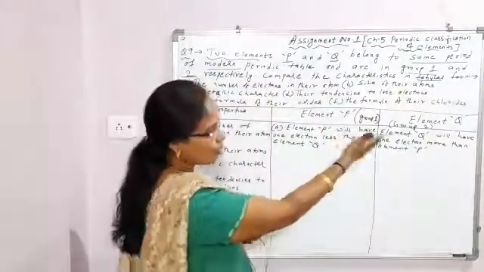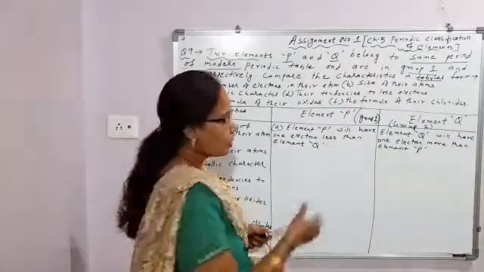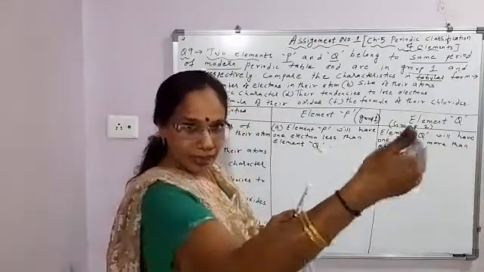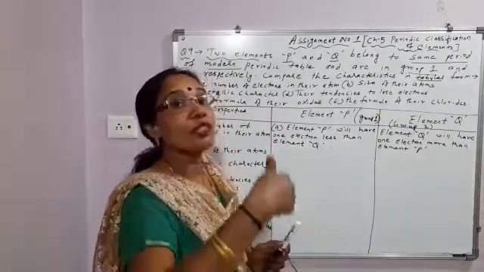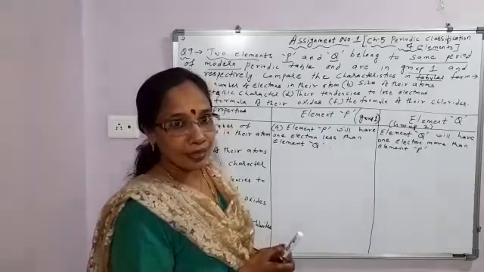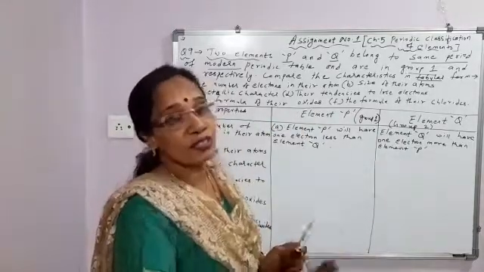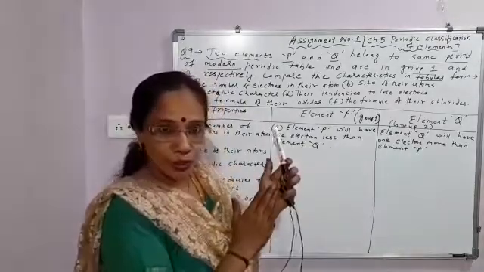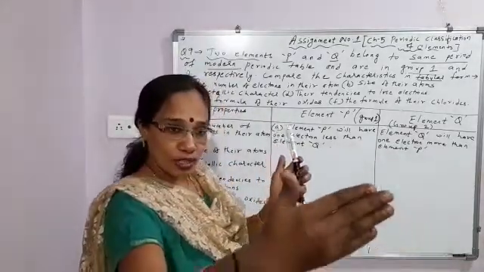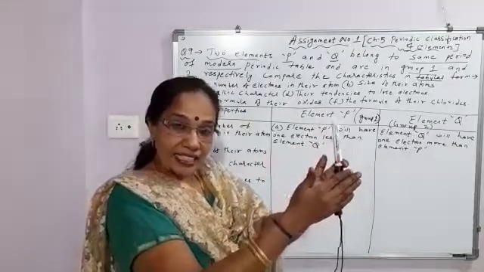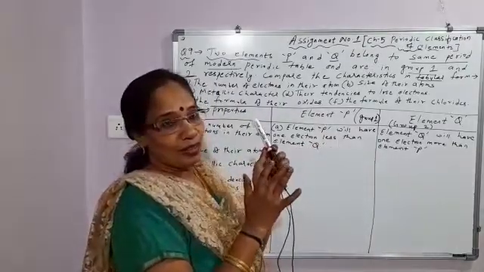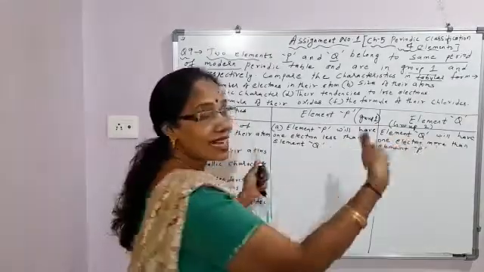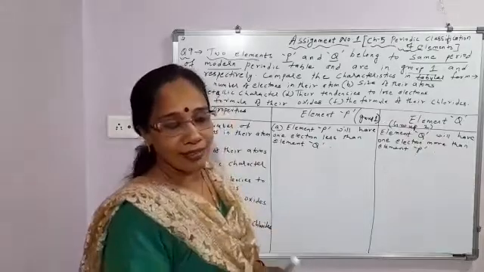Okay, next, size of their atoms. As these two belong to the same period, as we move from left to right in a period, atomic number increases. So the number of protons in the nucleus increases. So what increases? Nuclear charge increases. And when nuclear charge increases, the force of attraction between the nucleus and the electrons in the outermost shell increases. So size decreases. So which is on the extreme left, size will be more; which is on the extreme right, size will be less. This way we can discuss.